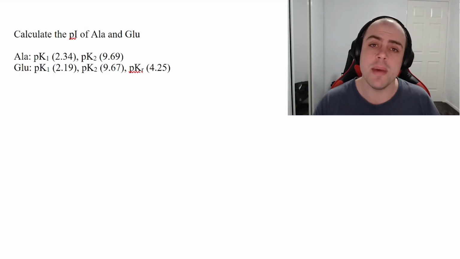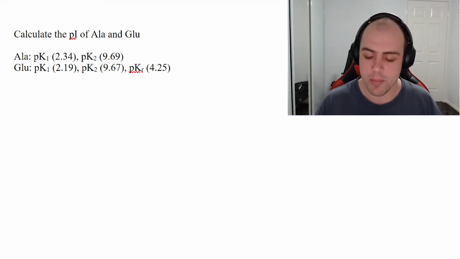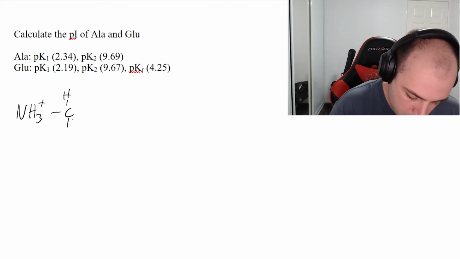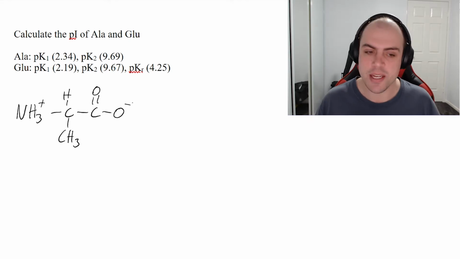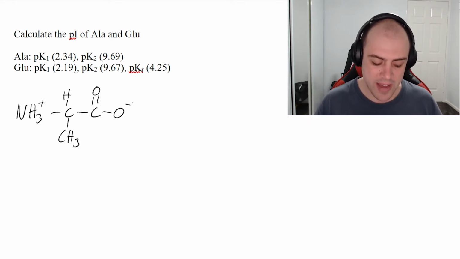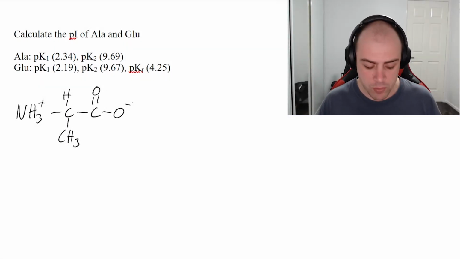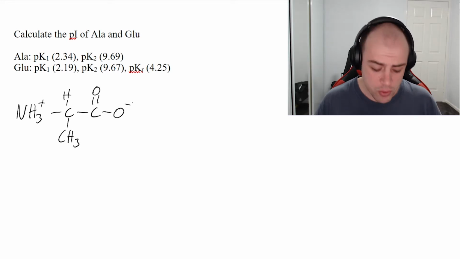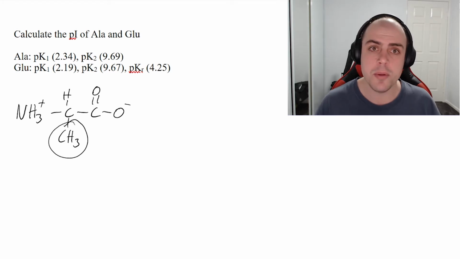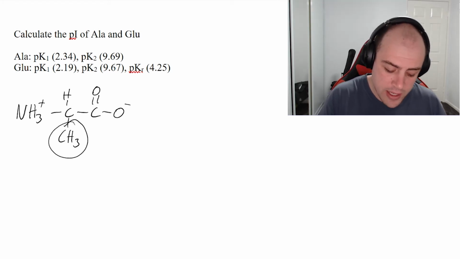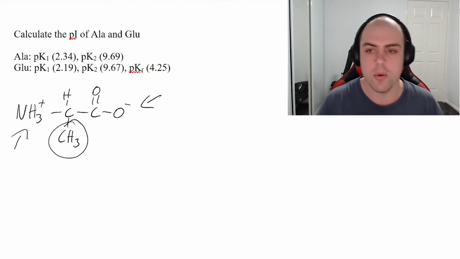So the first thing I would recommend doing in this instance, especially as we're being introduced to the topic, is let's draw out our amino acid. Now, how I've drawn alanine here is typically how it would look at a pH of 7. Now, we're also given some values here. We are given a pK1 and pK2. So our pK1, we can see it's around 2.34. So considering that the R group for alanine down here is non-ionizable, it is safe for me to say that the pK1 is going to be for our carboxyl and the pK2 is going to be for our quaternary ammonium